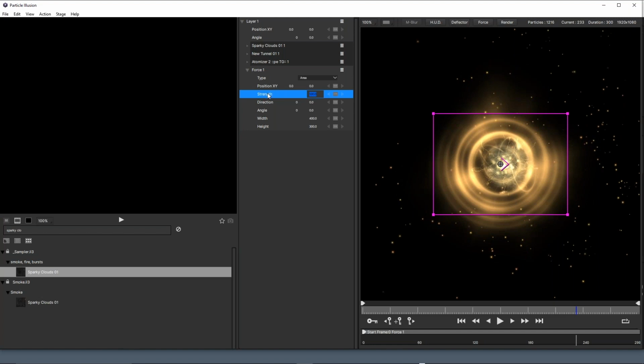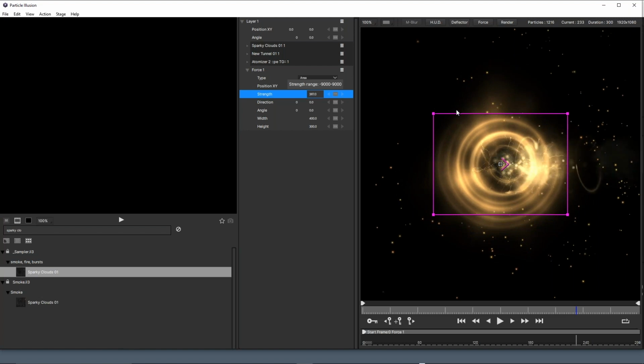I'm just going to click off and click back on it again. There we go. And just drag that, increase that. And look how it starts to push the particles in the direction of the arrow. Forces are really handy. Now I don't want to do that because it's changing how that atomizer is supposed to